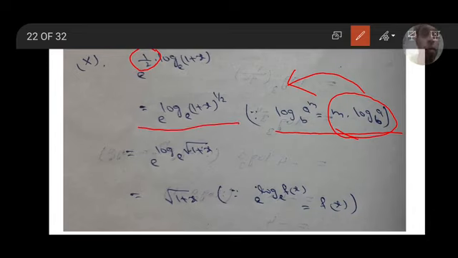That implies e to the power of log of 1 plus x whole to the power of 1 by 2, base e. Whole to the power of 1 by 2 means root. That is e to the power of log square root of 1 plus x, base e. And we have the property e to the power of log f of x to the base e equal to f of x. The e base and this logarithmic base are the same, so we get the same function f of x. So here the function is square root of 1 plus x, which is the answer. Here we are using this property in reverse order. Okay, next.